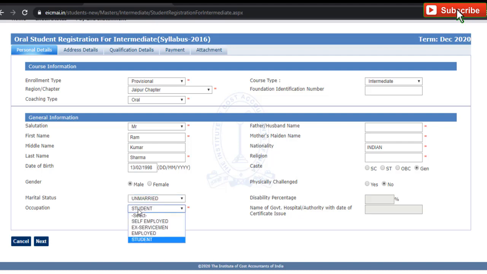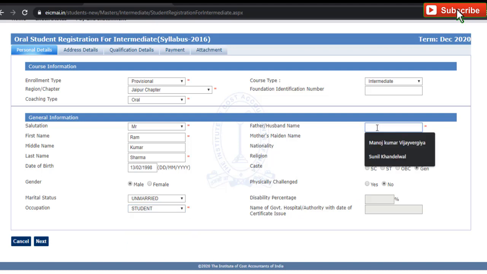Your occupation: self-employed, ex-serviceman, employed, student, whatever is applicable to you. Your father and husband. So I am filling Shri X and Mrs. Y.